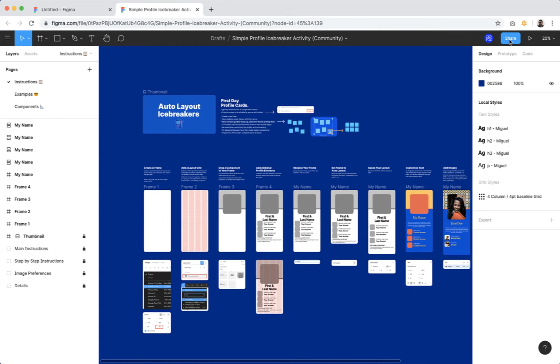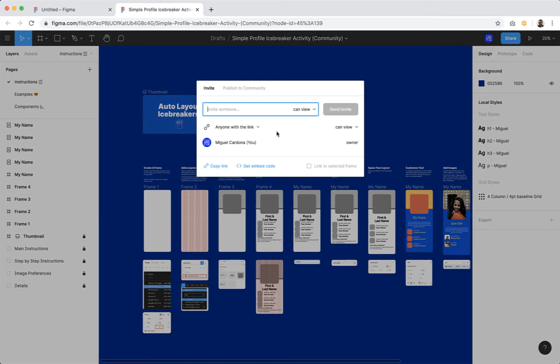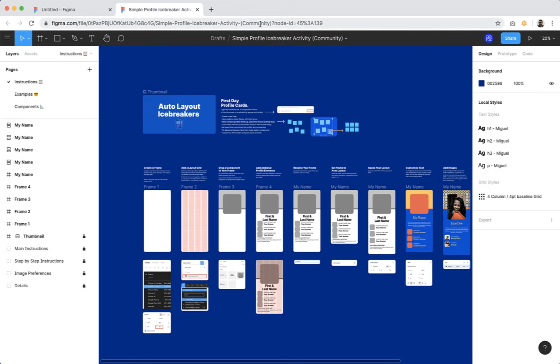I'm going to go ahead and click share, and here what I can do is begin to change the share settings that I have available. I can choose people invited to this file or anyone with the link, and then I can say can view or can edit. By making it so that anyone with the link can edit, it'll make this file available when I share this URL,